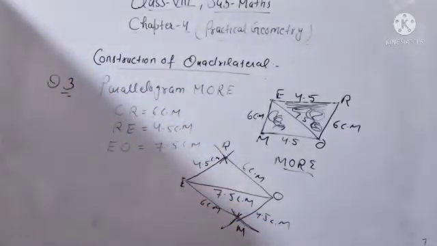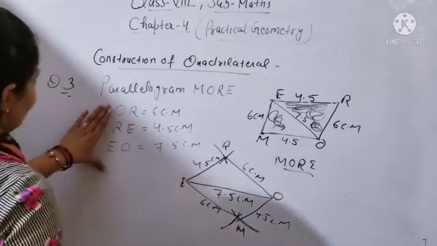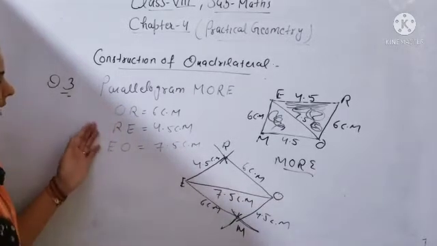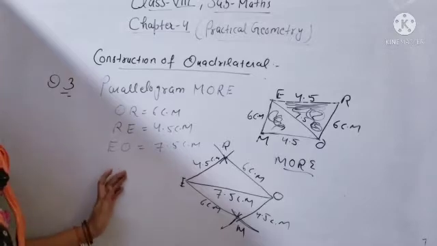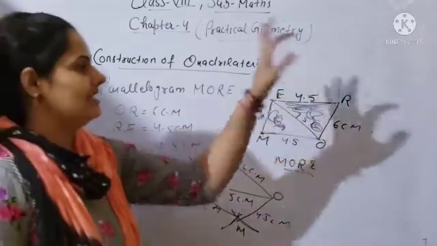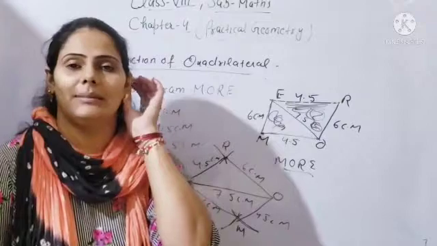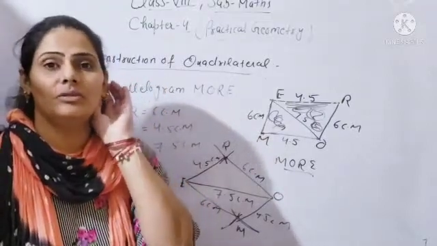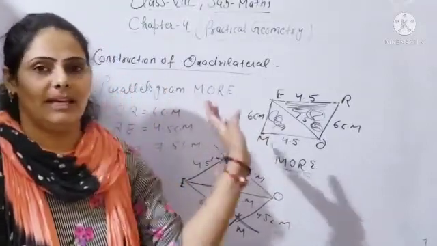Clear? So in parallelogram, okay beta, when two sides are given, how will you complete the parallelogram? Because here you can see only 3 lengths are given, and 2 are sides and 1 is diagonal. Okay, so 2 sides and 1 diagonal is given. So you can say, beta, you can say ma'am, here only 2 sides are given. What will we do? How will we complete the parallelogram?